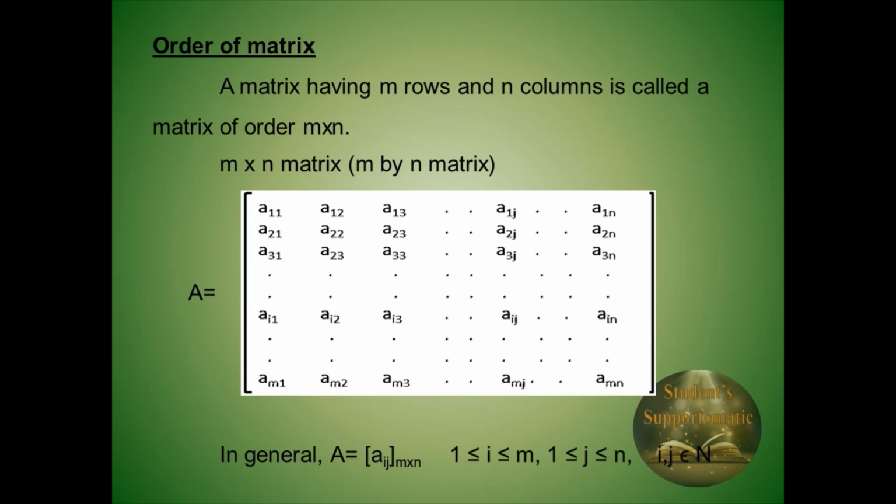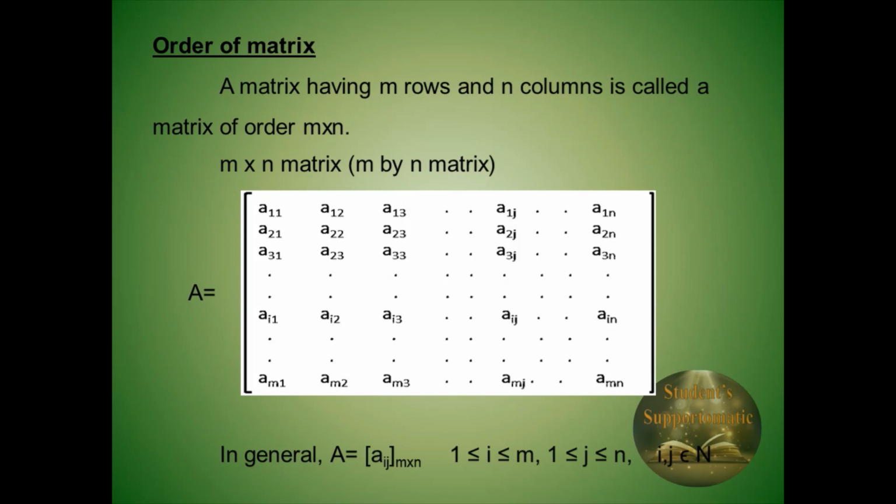See here, one example is in matrix A. The first place of the matrix is represented as a11, that is the first row, first column. The next element is a12, that is the first row but second column, and a13, that is the first row and third column. Similarly so on up to a1j, first row but jth column, and the last is the first row and nth column, that is the a1n element.